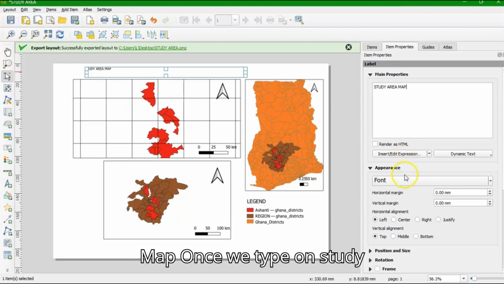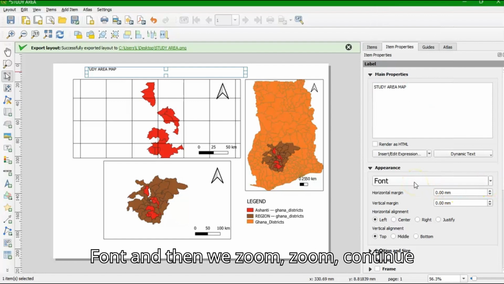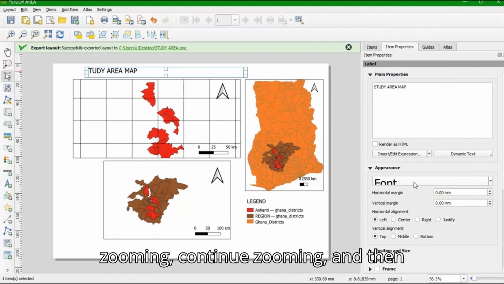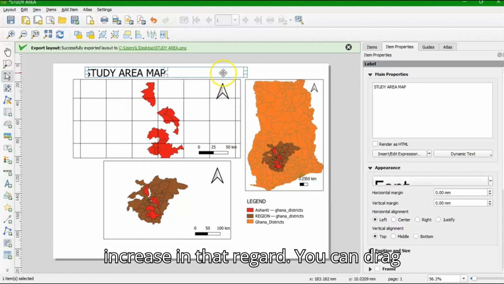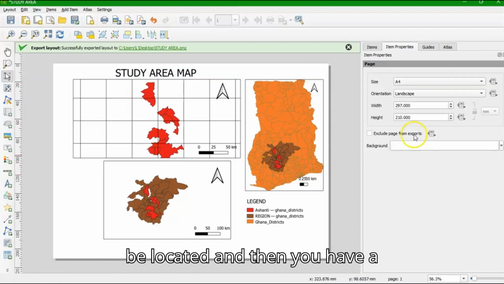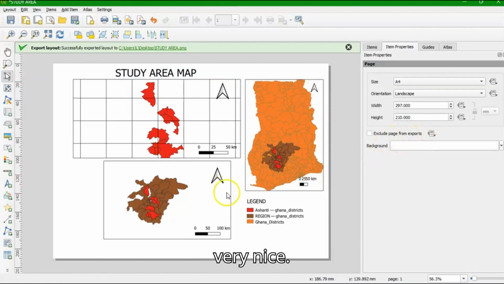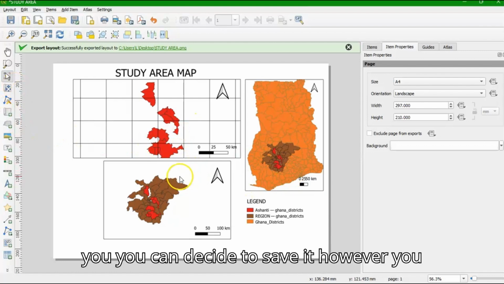Once we type study area map, we come to font, and then we continue zooming, and then you see that the font size would increase in that regard. You can drag it to where you want it to be located, and then you have a very nice map as such. So over here you can decide to save it however you want to save it,